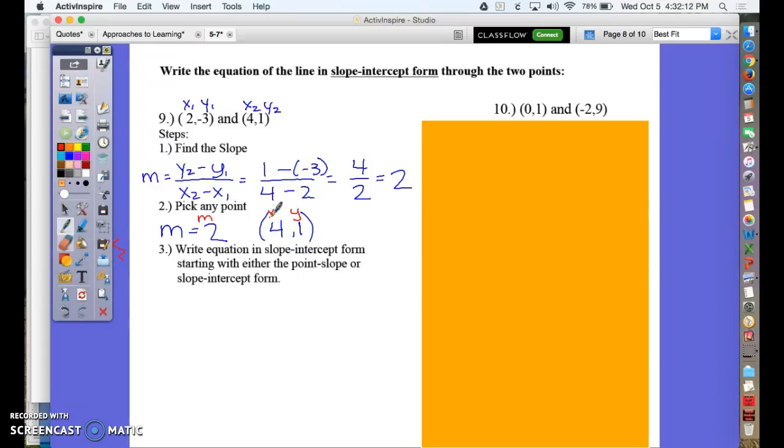So it says write an equation in slope-intercept form starting with either point-slope form or slope-intercept form. My preference, guys, is to just keep it like this. Y equals mx plus b. So I just know that I put in 1 for y, 2 for m, 4 for x, and I would have to solve for b first. When I do this,